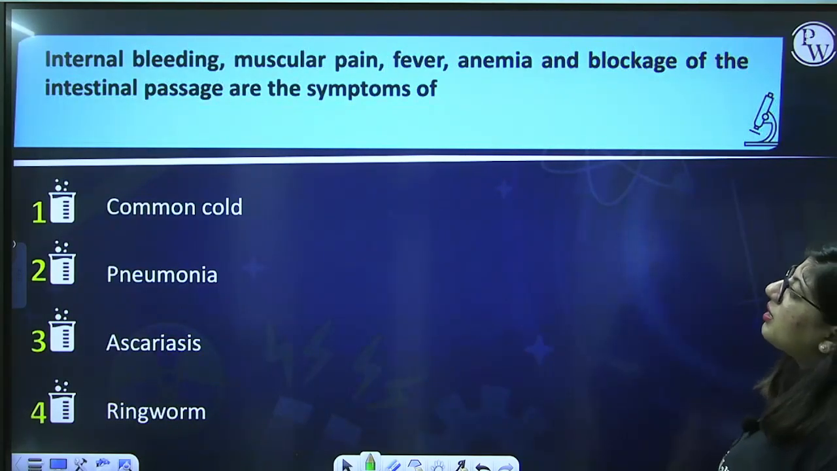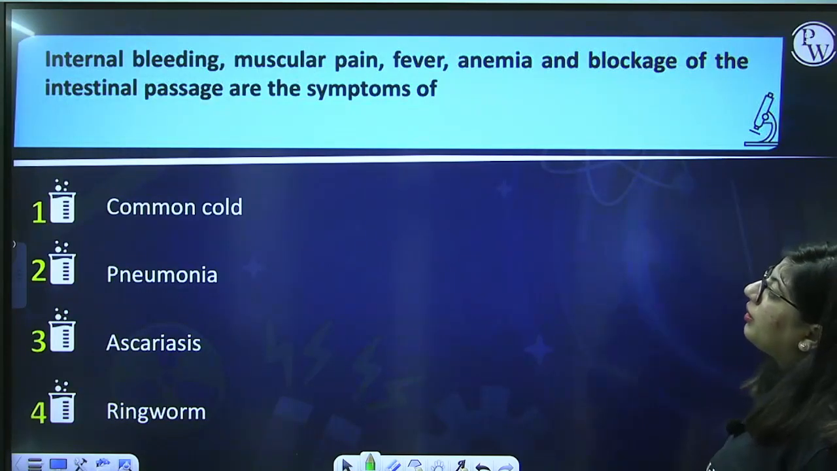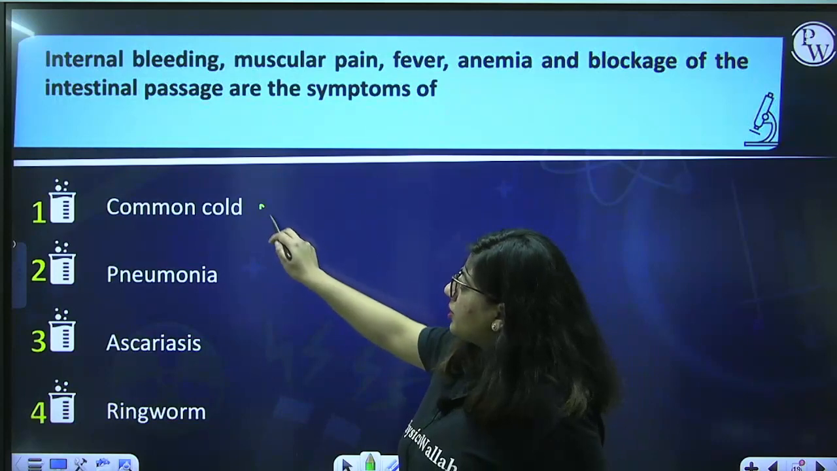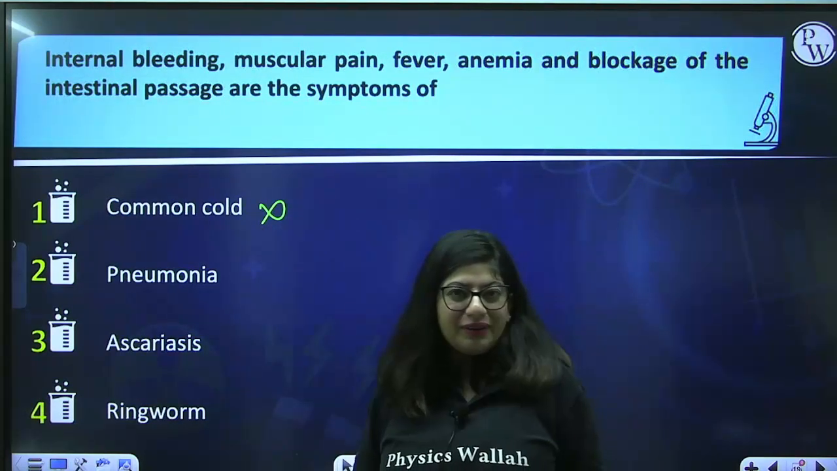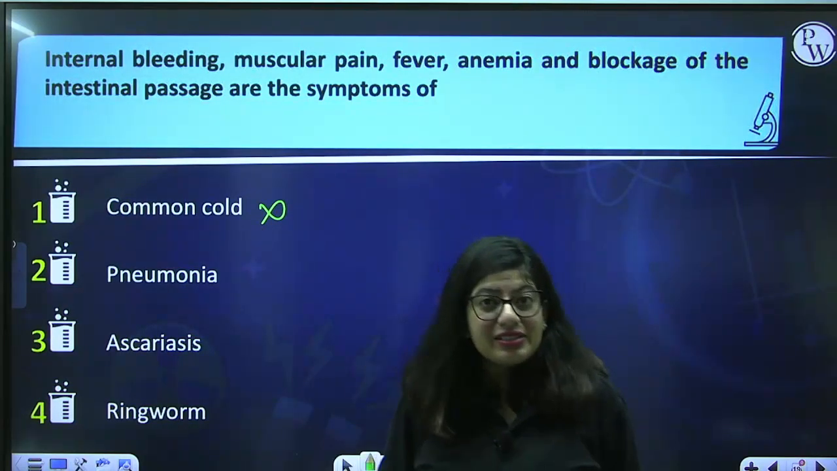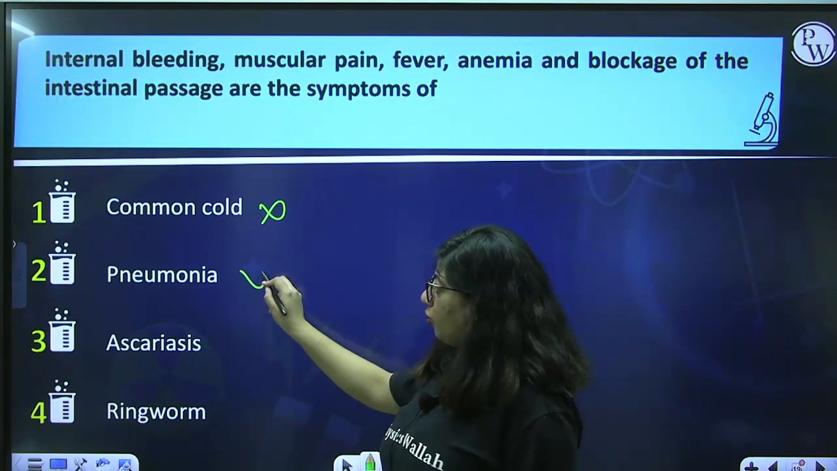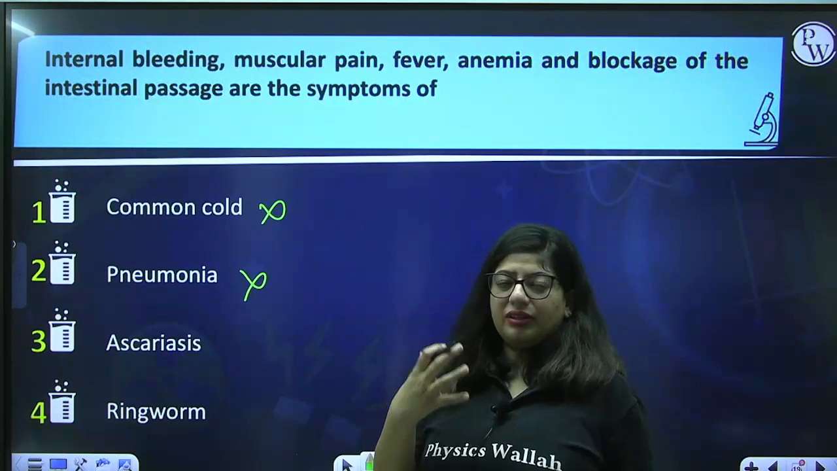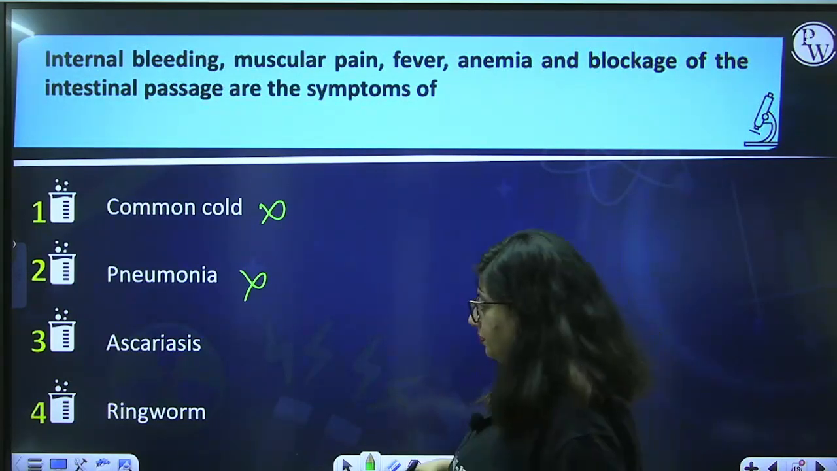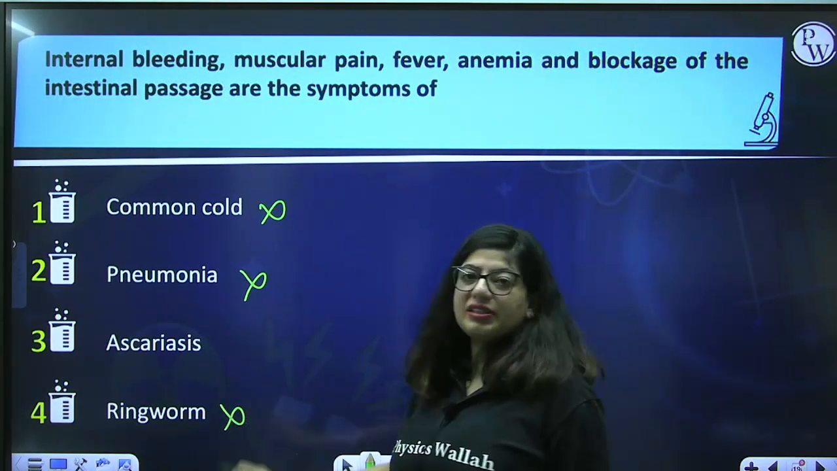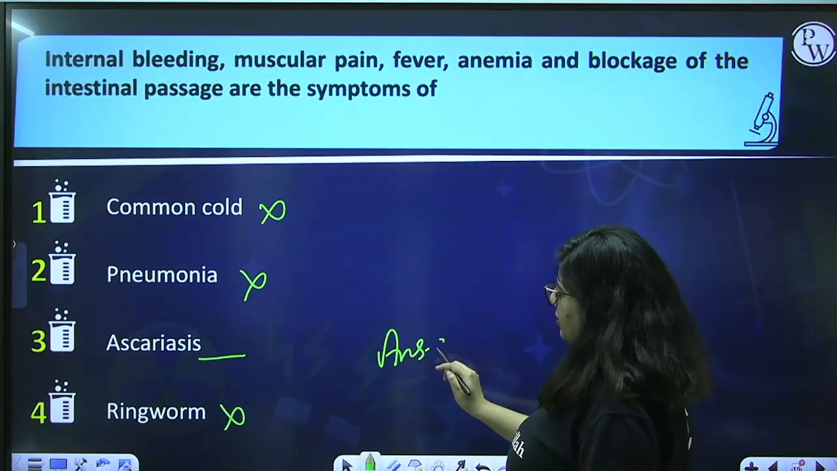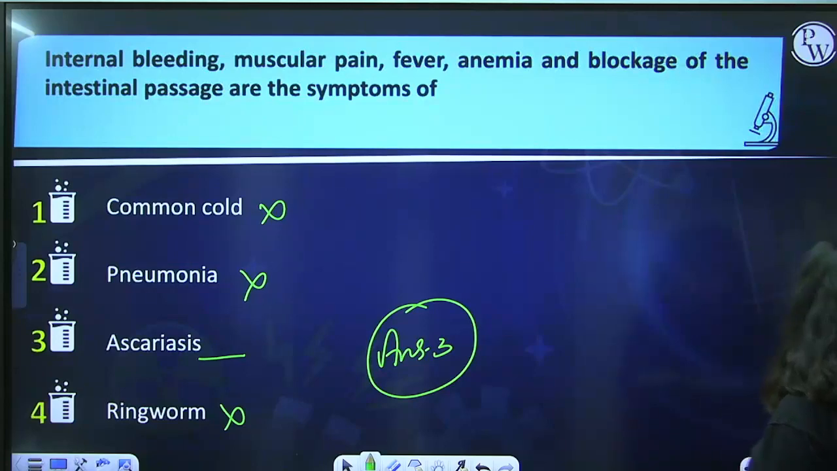Internal bleeding, muscular pain, fever, anemia and blockage of the intestinal passage are the symptoms of. You never get blockage of intestine in common cold. You get rhinitis in common cold. In pneumonia also you don't get intestinal blockage. You get water filled in the alveoli. In ringworm your skin is infected, but in Ascariasis all these things occur. So answer is 3. Right? Next,